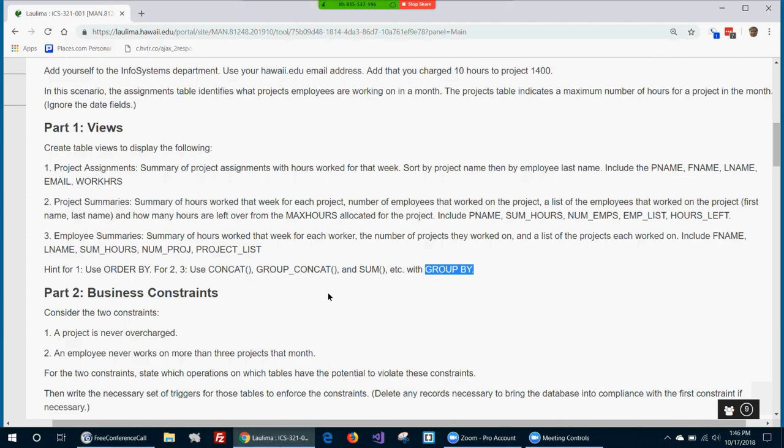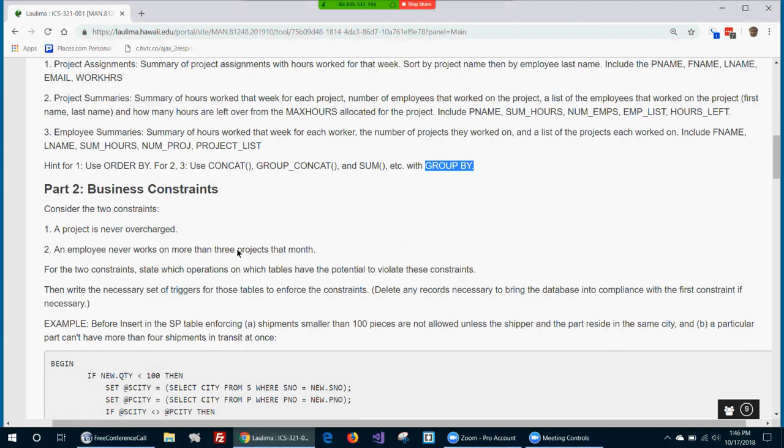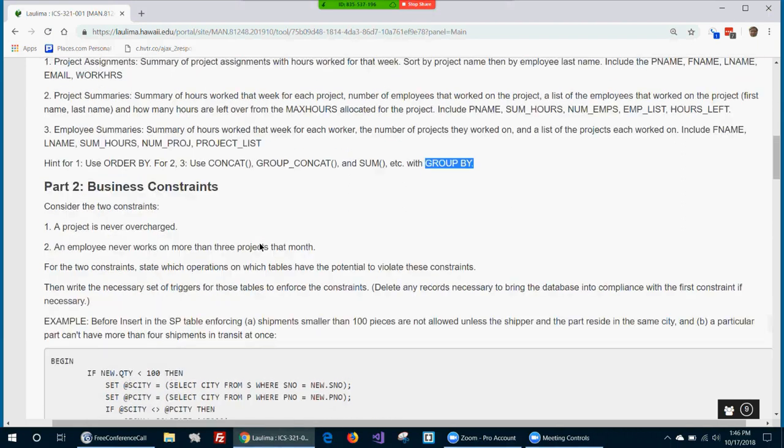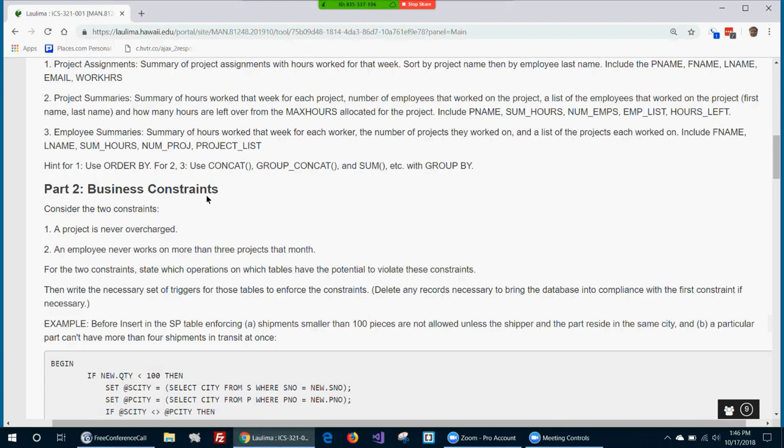Okay, that's part 1. Part 2, I'd like you to throw in two business constraints. Not overdoing it, just a couple here. One of them is that a project is never overcharged. It'll reject the change that would make it be overcharged. And the second one is that an employee never works on more than 3 projects in that period, in that month, I guess. So if you're trying to assign an employee more than 3 projects in that assignments table, it'll reject